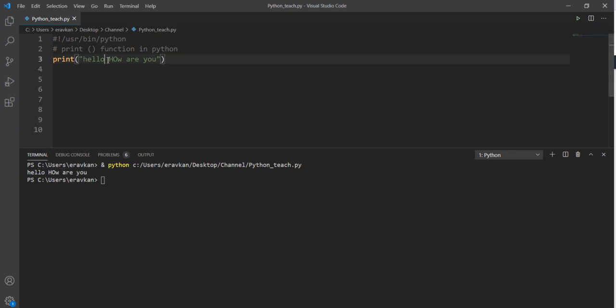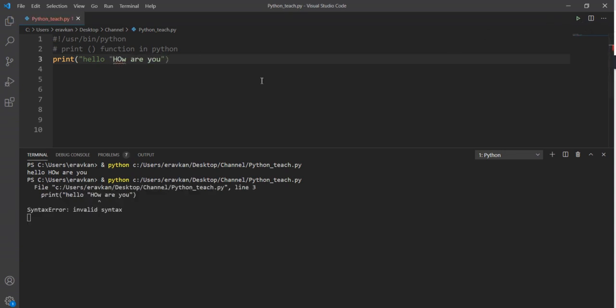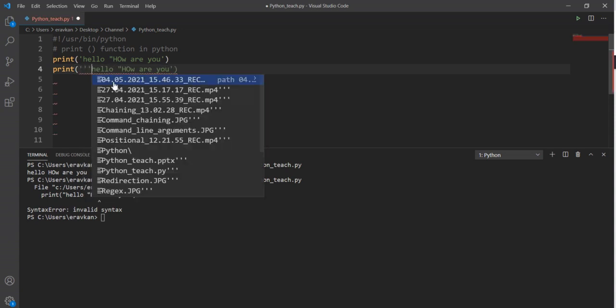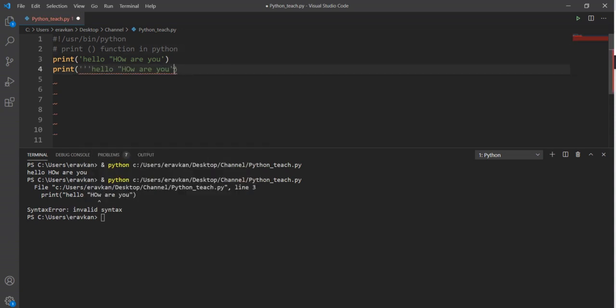Or suppose you entered this in such a way, then this will not work. So if you want to print double quotes, here you should enter single quotes, or you can do one more thing: you can use triple single quotes also.